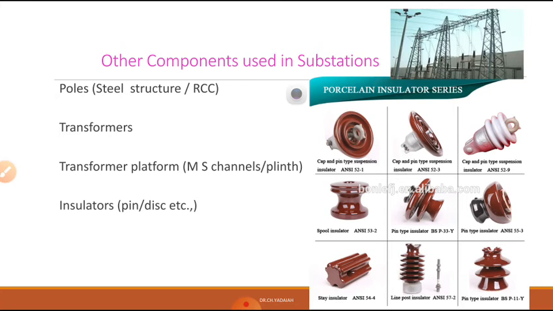You can see here different types of insulators generally used; these are for the voltages of only LT and 11 kV. But in case of HV substations, EHV substations and super tension substations, ultra super tension substations, we are using a string of disc insulators. As we know, the porcelain disc insulators, each one has a capacity of 11 kV.